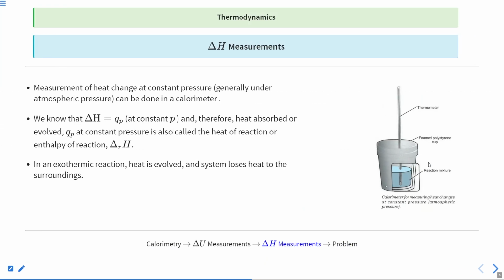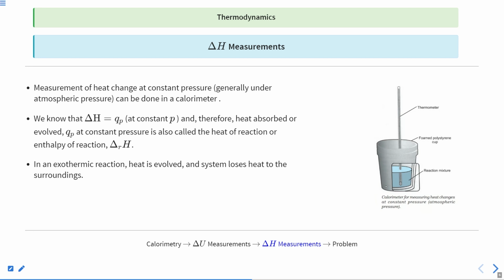Next part is delta H measurement. Okay, what is it? It is delta H measurement. So how are we doing it? In this case, we don't seal it. Rather than sealing it, we expose it to the atmospheric pressure, such that this atmospheric pressure ensures that the pressure inside the container remains constant, because we have applied a constant pressure. Now we will call your heat change QP, because in this case it is occurring at constant pressure